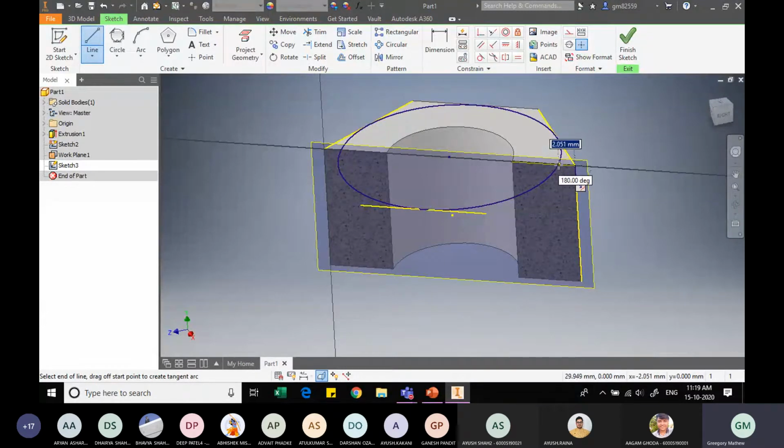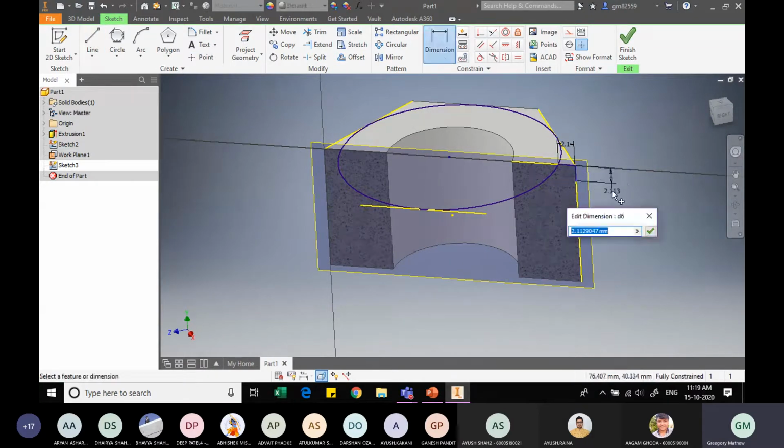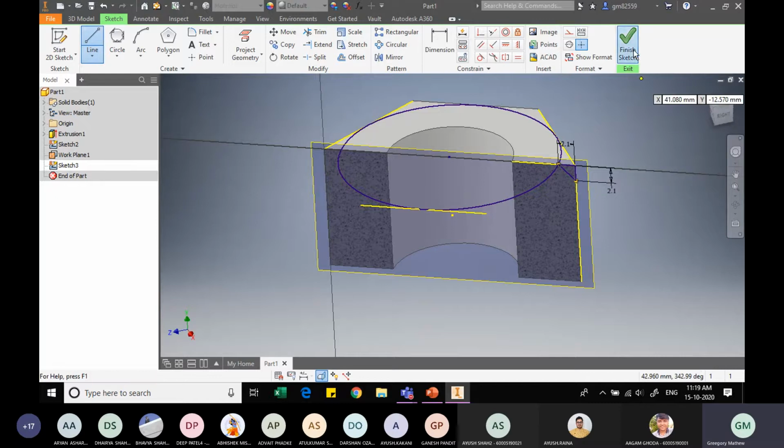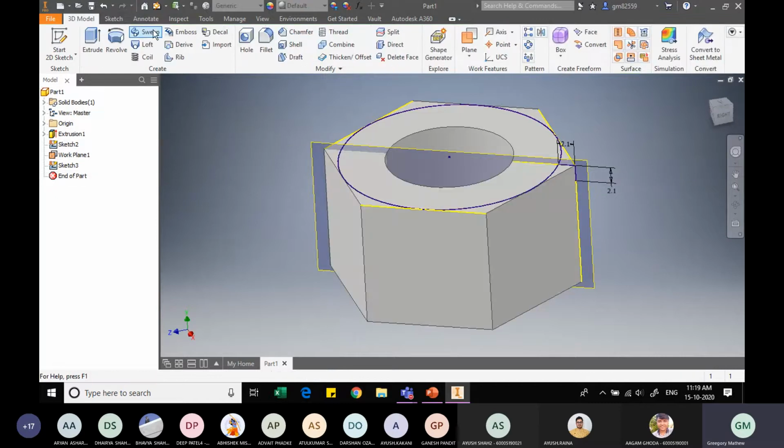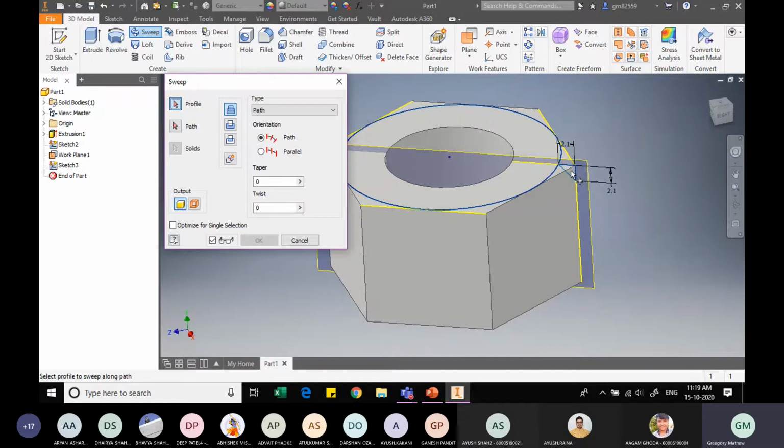So it should be coming to be around 2.1. That's okay, I will just enter roughly 2.1. Now that I have created this, I will mention the dimension of the other line also. Let it also be 2.1, and then I will connect the endpoints of the two new segments that I created, finishing the triangle,